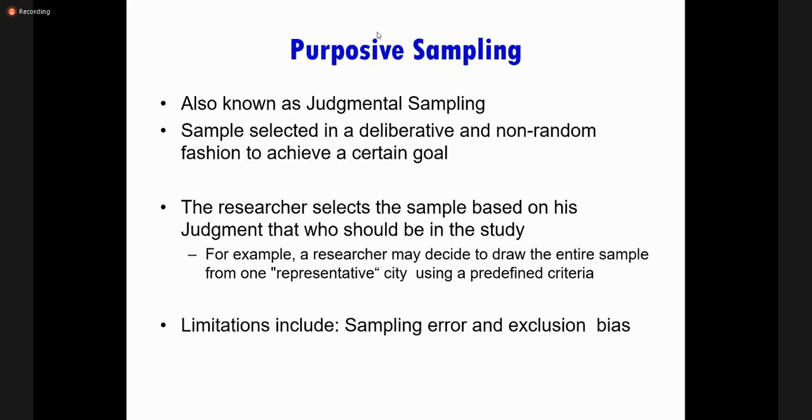The researcher chooses the participants who can fully fulfill the purpose of the research. So deliberate selection is there, non-random selection is there, and non-probability sampling is there. Again, sampling error and exclusion bias may be there. They may exclude persons like the gynecologist, the obstetrician, and other persons who also affect the use or uptake of family planning in the community, or the role of midwives, or the role of quacks, or whatever. So exclusion bias of different kinds, depending on the type and topic of research, may occur.